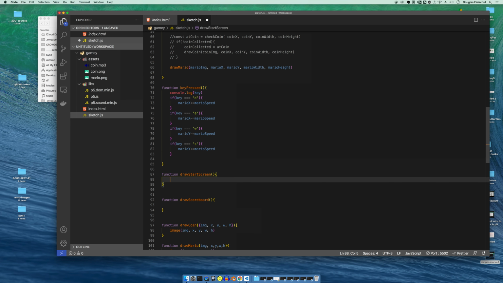Let's make one for start screen too while we're at it. But we'll do the scoreboard first. What we need to do is just use some text. So we're gonna, and we could start out with just the score